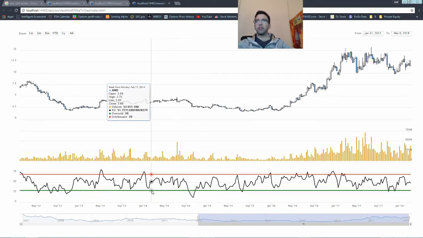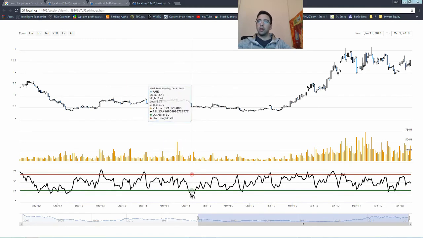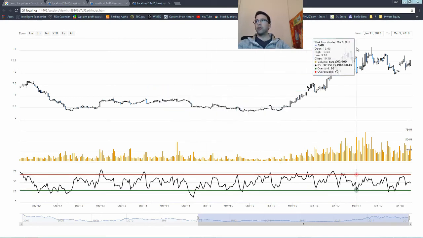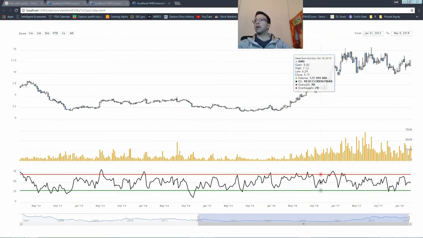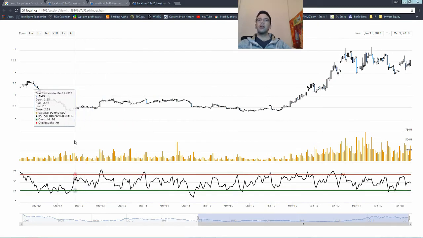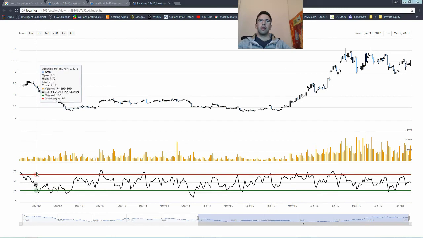You can probably configure that in the options. If we look at this level here, if you had bought when RSI was at 12 and just held until now, or whenever this goes to March 5th, it looks like you'd have a pretty nice return there. But at the same time, RSI was below the overbought portion here, and if you had bought over